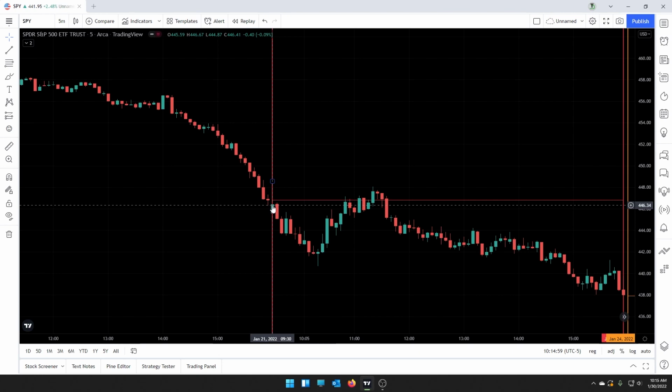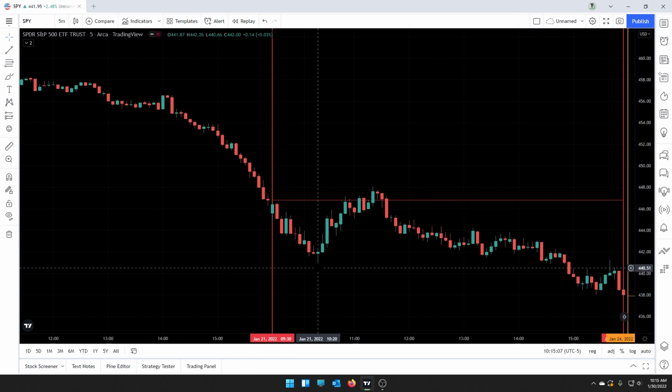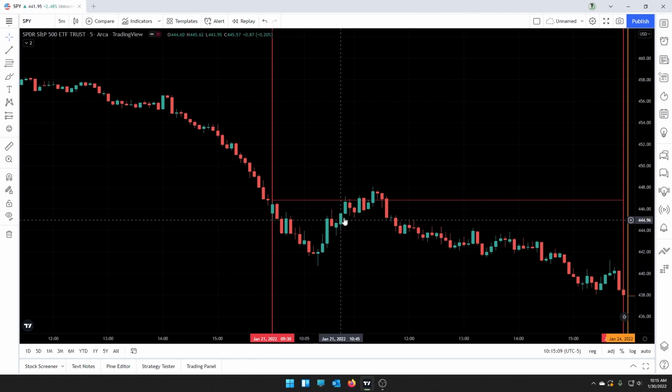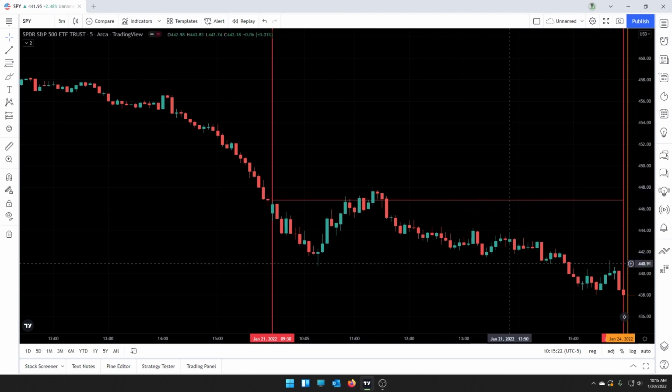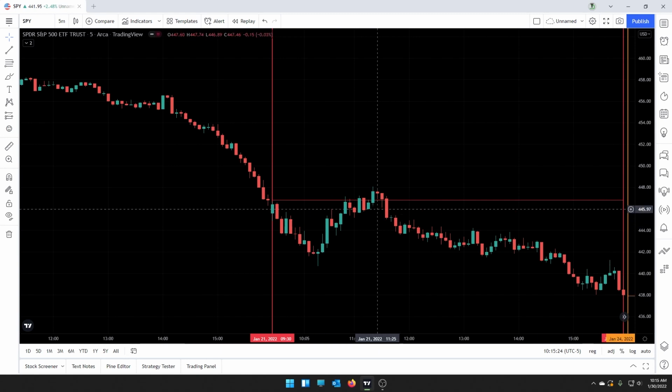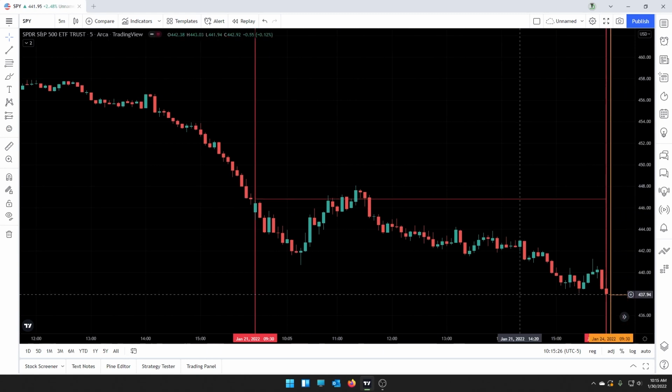So in this case, albeit the gap wasn't huge, you can see that we opened here and we only needed to go here. But we happened to dip down that day. We reversed. And then by 10:50, a little over an hour after market open, we filled the gap. Anything could happen after that, but as you could see, we filled the gap and then we just ran down for the rest of the day for the most part. Let's move on to